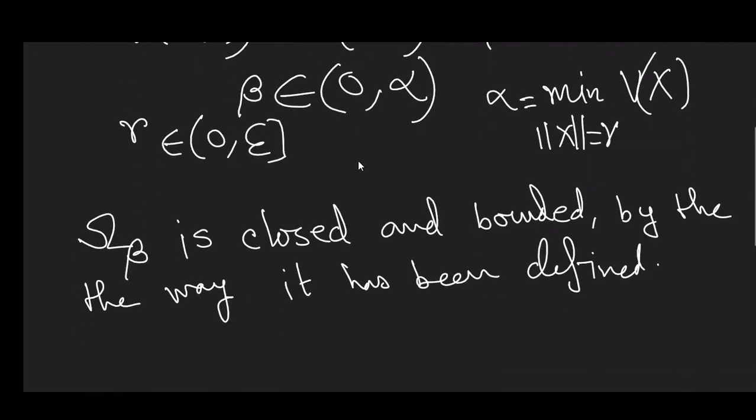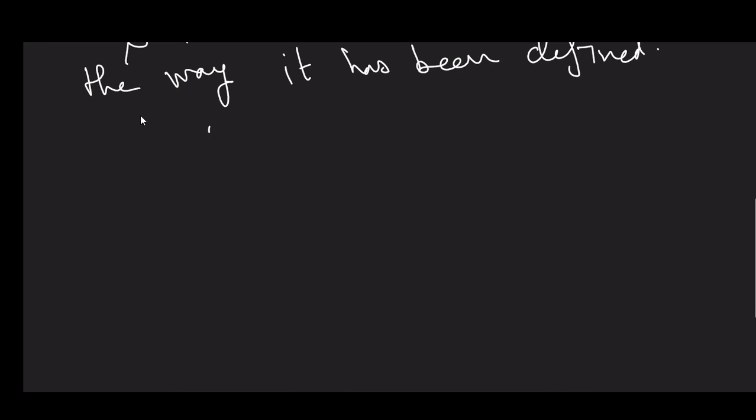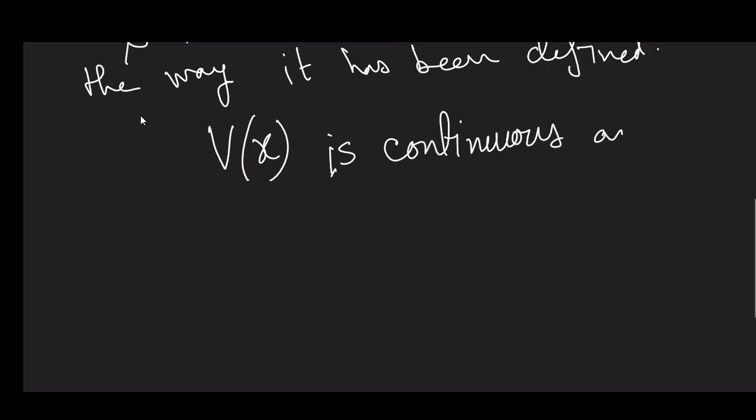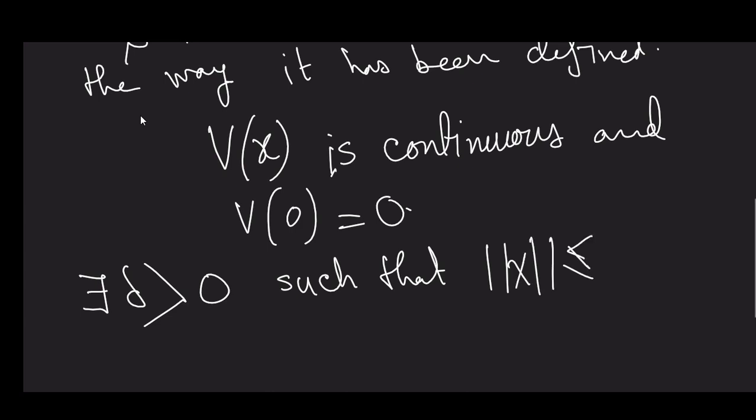See, the way we have defined omega beta, it is closed and bounded. So omega beta will play the role of W. Now any trajectory that starts in omega beta will remain there for all t greater than or equal to 0, provided the initial condition is in omega beta. As V(x) is continuous and V(0) is equal to 0, there exists delta greater than 0 such that norm x less than or equal to delta